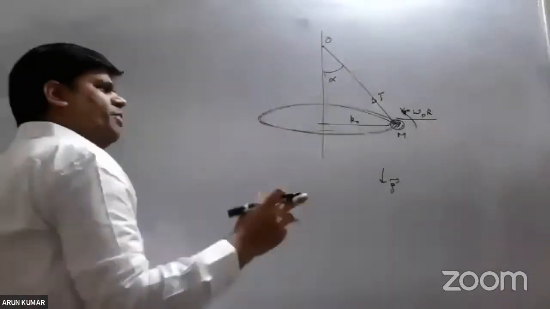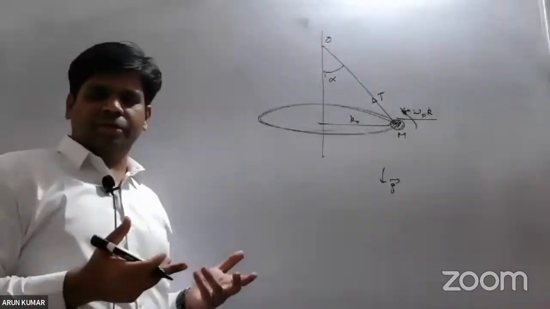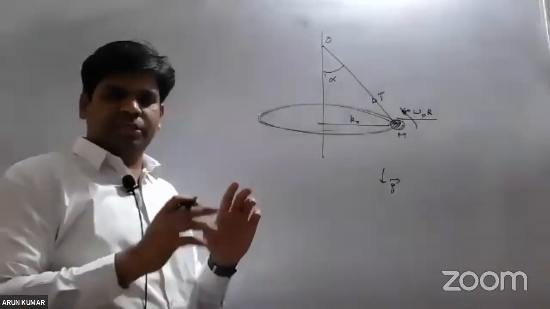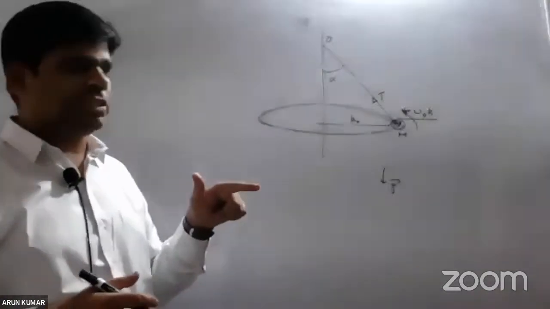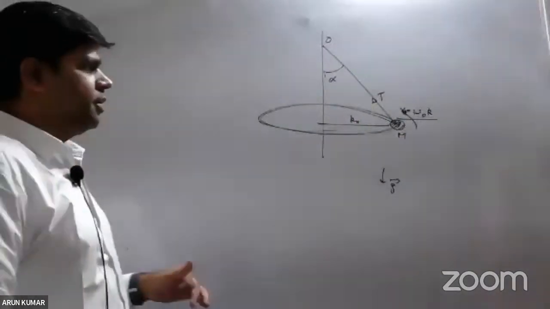So I can give you either omega or V, it's the same thing. It's just a different physical quantity, but if one is given, you can get the other provided the radius is known. So it's nothing new. Whether I give tangential velocity or omega with radius, it's the same thing. Alright, now,